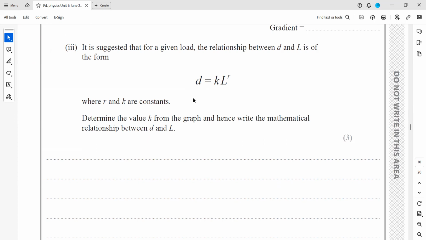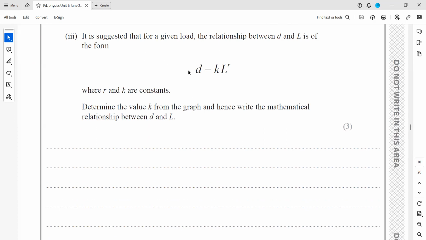Then it is suggested that for a given load, the relation between D and L is in this form, where R and K are the constants. Determine the value of K from your graph, hence write the mathematical relation between D and L. First, we have to modify this equation. How will we modify this equation? Because the power is there, if we take log on both sides, this will be log D is equal to